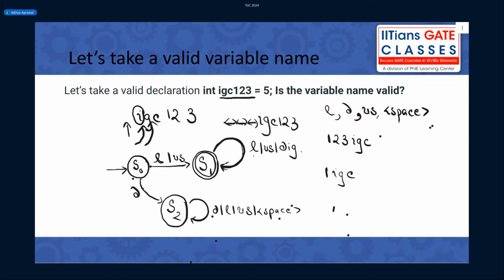If my pointer is here and you have written, let's say, space IGC123, you can check in C. This is valid. This is not invalid, because we will try to remove the white spaces in compilers, but we are not studying compilers today. We are studying TOC. So you will stay in S0.